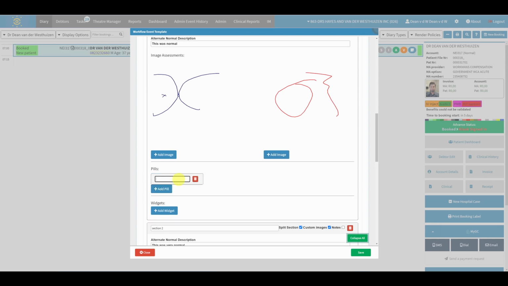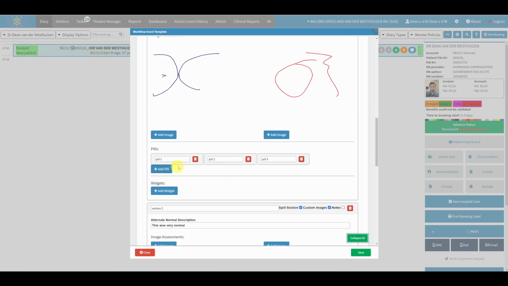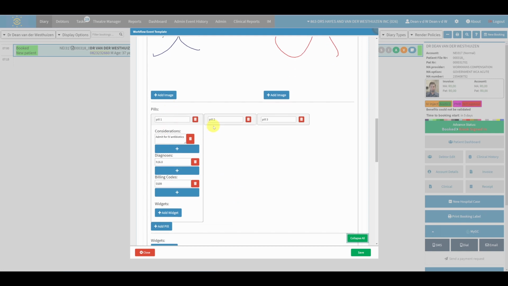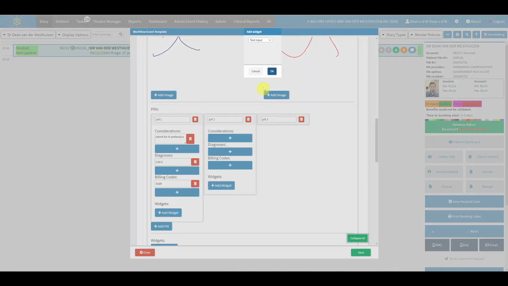And then pills, I can say pill 1, pill 2, pill 3, etc. Under pill 1, I wanted to have a consideration that says admit for IV antibiotics, and I wanted to have a diagnosis code of H16.0, and I wanted to bill 0109 as well. Okay, under this pill I can add, I just want a widget on this one,